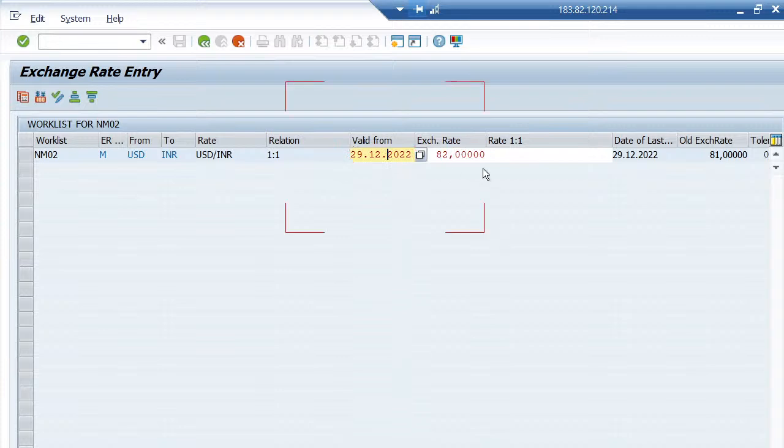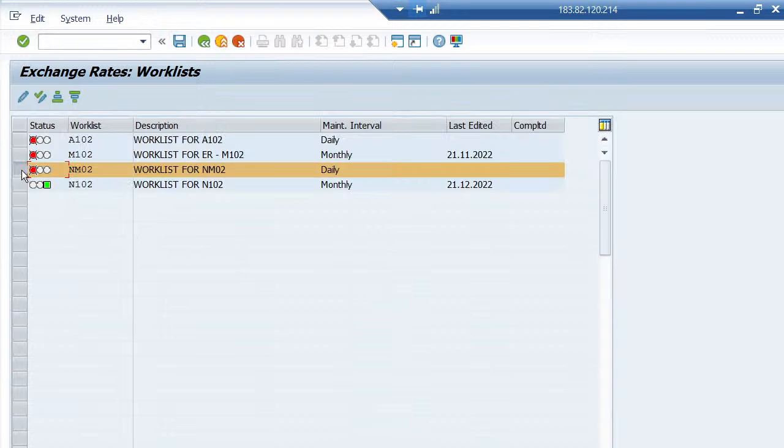Okay, but I'll show you. So you can change the exchange rate from here as well, or you can maintain more than one currency exchange rate in the work list. Okay, go back. So after doing this, you can save as completed. Click on set work list to completed. Okay, suppose, wait,